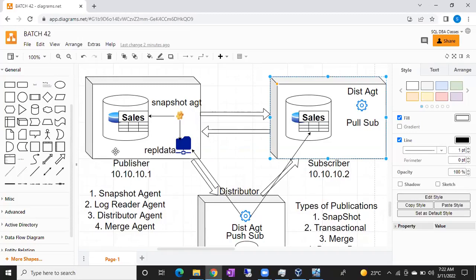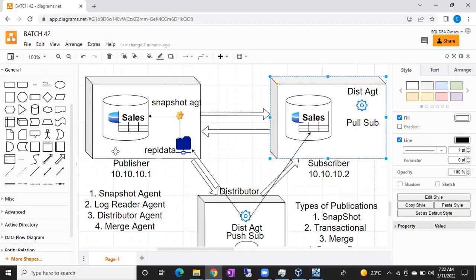Guys, tell me what is meant by push. How many types of subscriptions do we have? Two types. What are those subscriptions? Push and pull. Push means the agent sends the data automatically. Even though the subscriber doesn't ask for it, push will automatically send the data. Pull means the subscriber comes whenever they need it. Correct. Not daily, weekly, on a scheduled time.